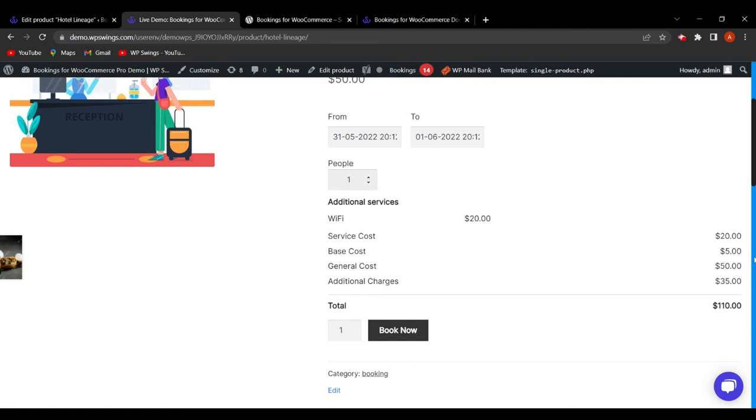Like if we decide on only 1, as you can see, for 1 the service cost is $20, the base cost is $5 that we have decided, and the general cost is $50. Like if I click on 2, as you can see, the service cost is getting doubled, the base cost is getting doubled, and the general and additional charges are also getting doubled, because we have decided to multiply by the